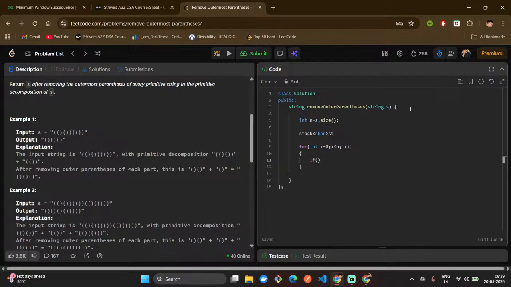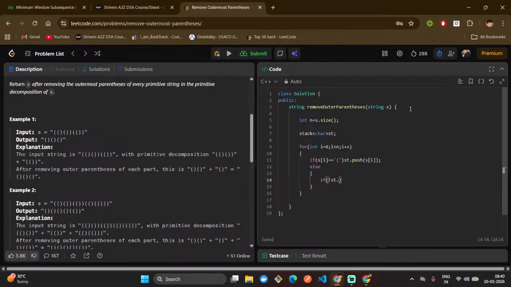If si is equal to the opening parenthesis, then st.push of si, right? Else, else if